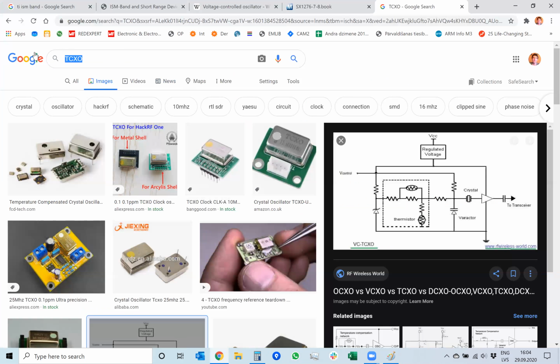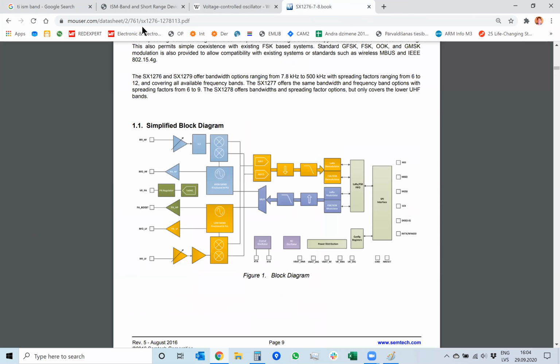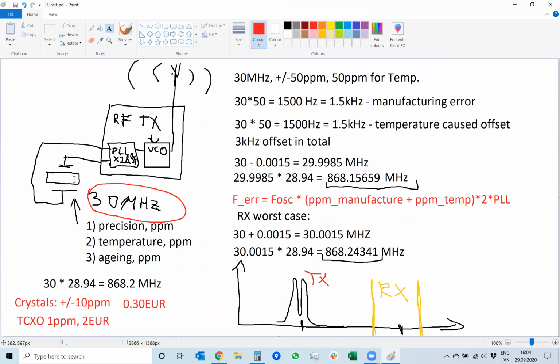And there's also something that is called oven crystals. I don't remember their name, but the idea is that the crystal is just artificially heated up to a certain temperature and kept that way. For example, heated up to 300 degrees, and you know, you don't care if it's minus 30 or plus 25. It's kept at constant temperature, so it doesn't change its frequency.